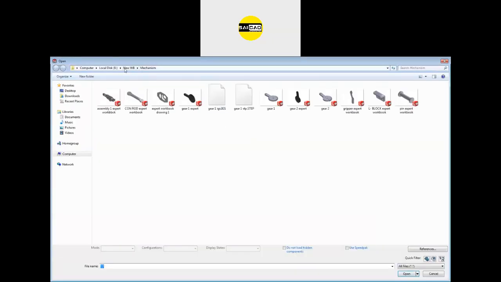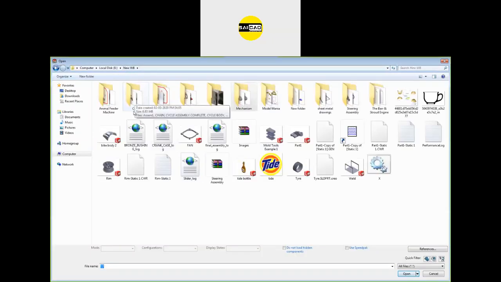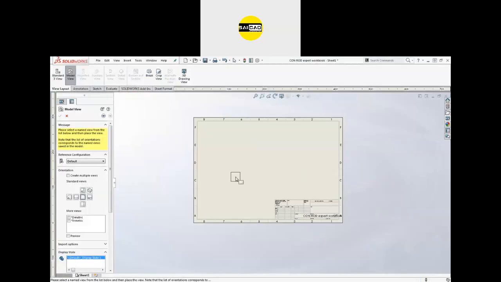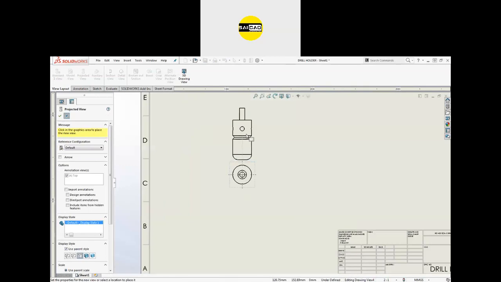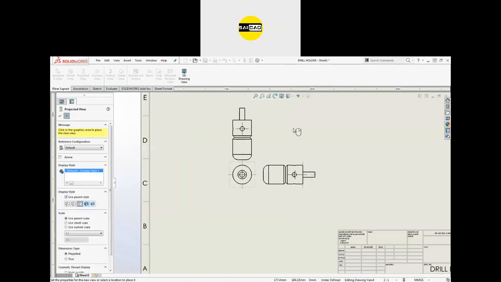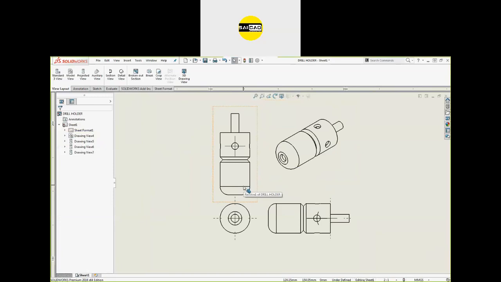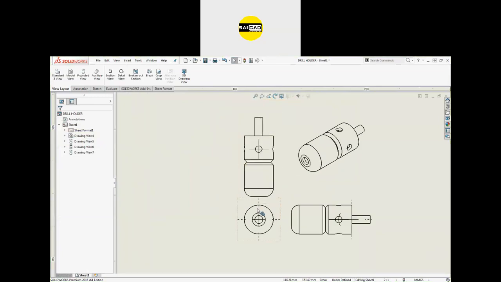I just want to insert this one. Okay, we have a component here. You can see we have a component like that. Now I want to see what's inside of this object, because I think it's hollow from inside.